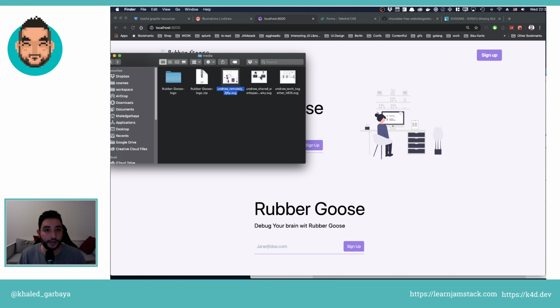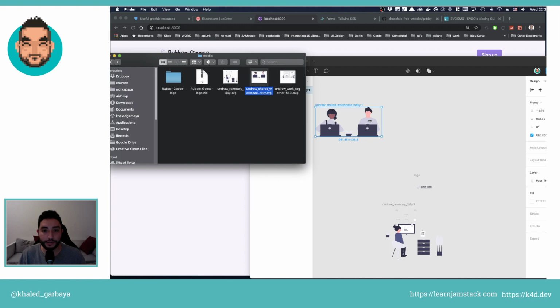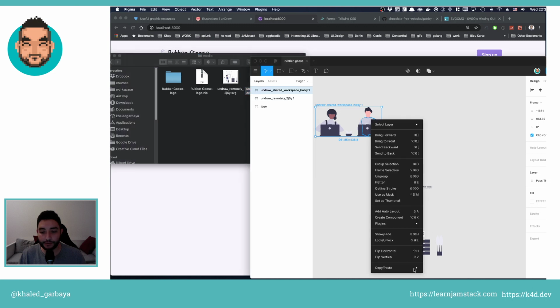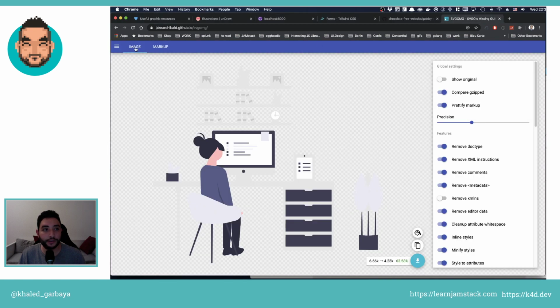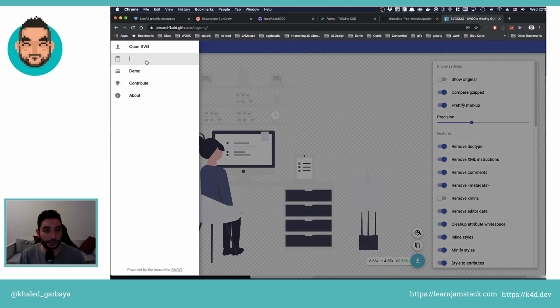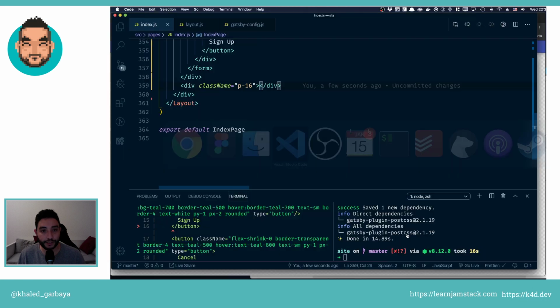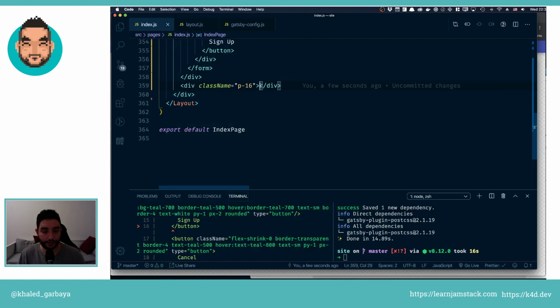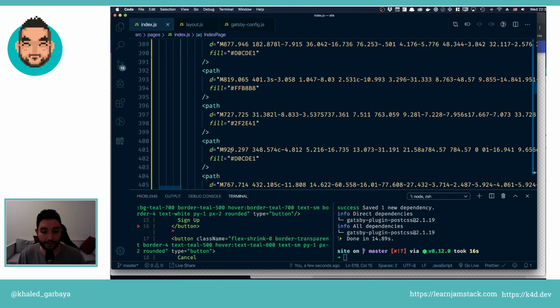We can maybe use this one. So again, doing the Figma thing, drag it somewhere here, right click, and then copy it as SVG, go to my favorite tool, SVG OMG, paste it, copy this, and then go back here and paste this SVG,